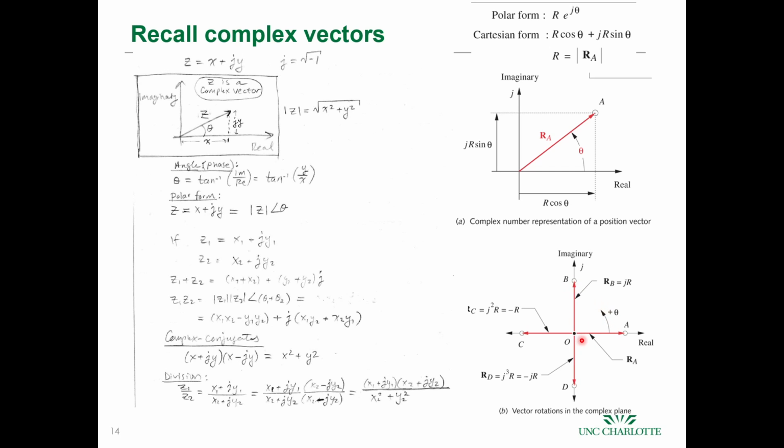90 degrees. So if you have this vector here, RA, you multiply it by j, then it becomes the same magnitude vector, except now it has this j on it, so it's in the imaginary axis. Multiply it again by j, and then you have a -1r, okay, which rotates it again by 90 degrees. And then if you multiply it by j again, you get a -jr, so you're rotating it again by 90 degrees. Okay, so if you use the real and imaginary axes for representing these complex vectors, which represent each one of the links, then it's a way for you to simplify